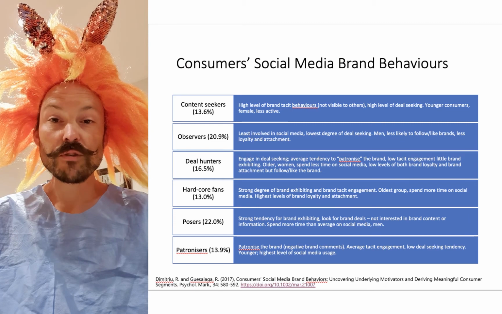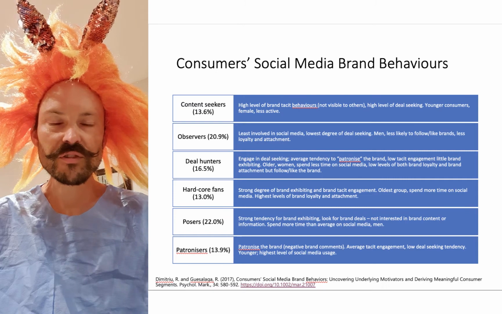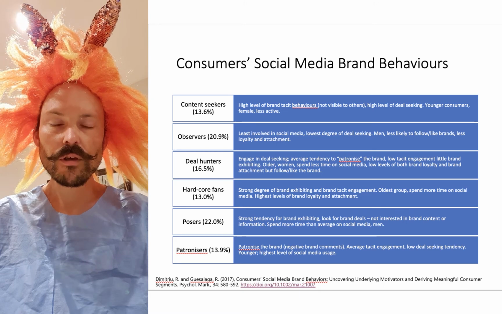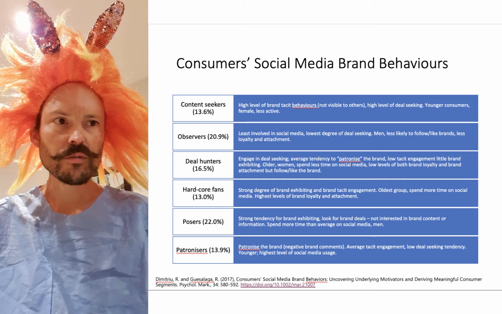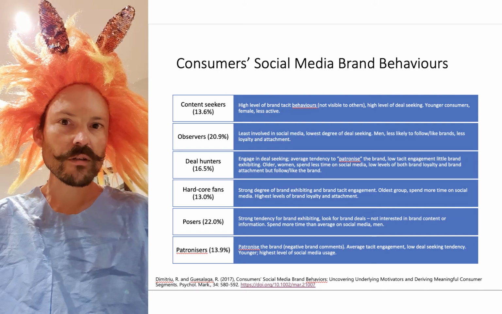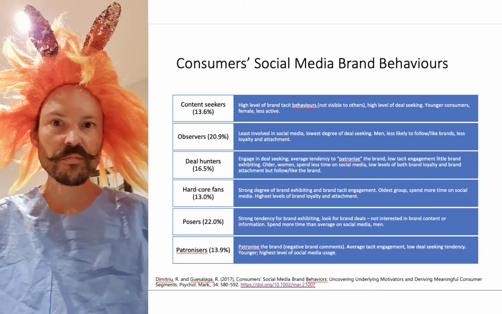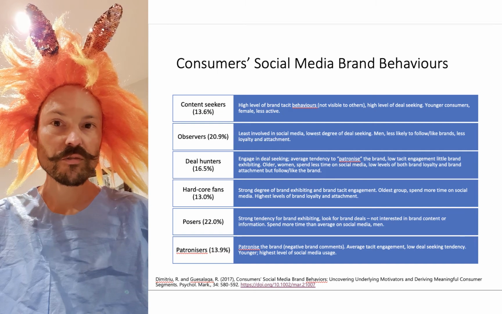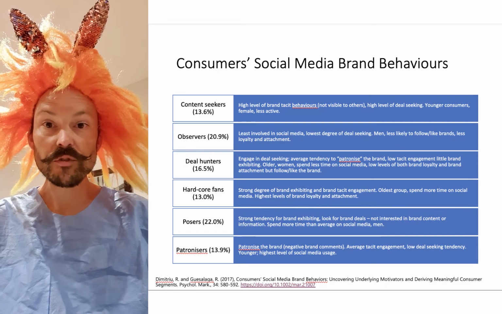Now, if none of those frameworks really tick the box for you, here's an even newer one from 2017. So in this paper, they conducted a survey using the Mechanical Turk, or MTurk, online, about 1,000 consumers, I believe, probably mainly Americans. And from there, they then ran a cluster analysis through their statistical package, and then came up with 6 different clusters of behaviors, or you can say 6 different segments of consumers.